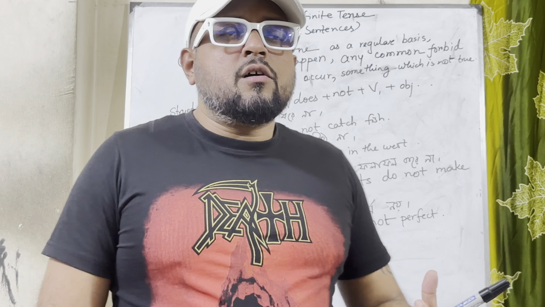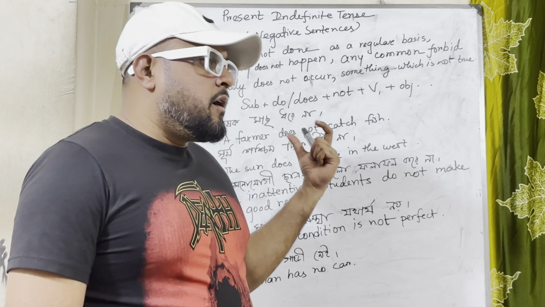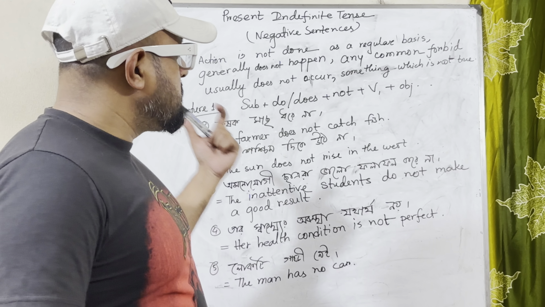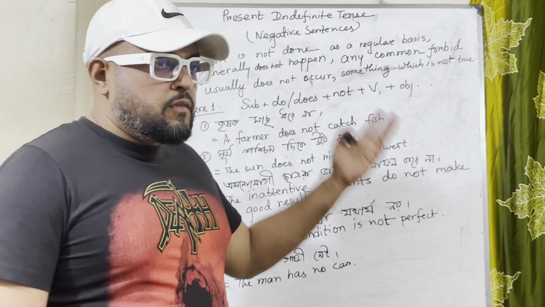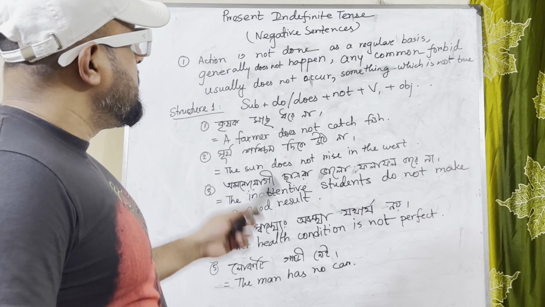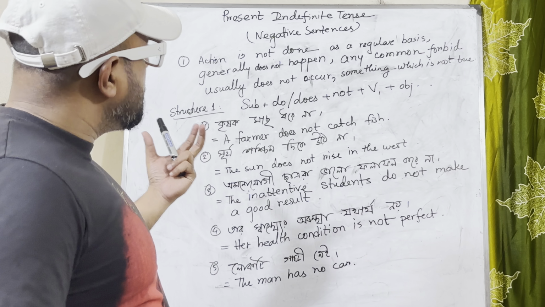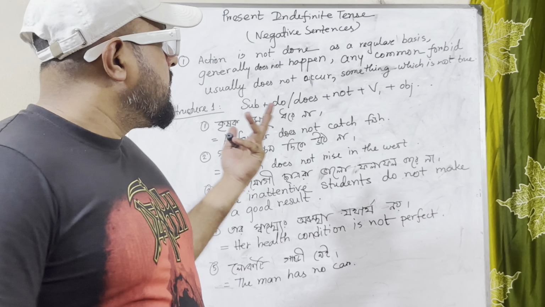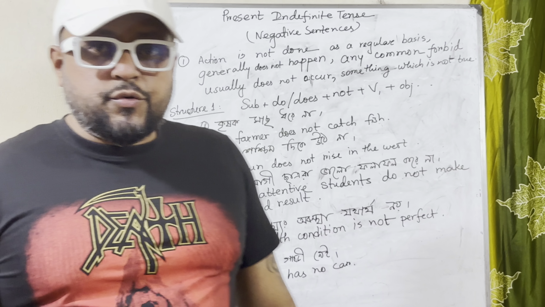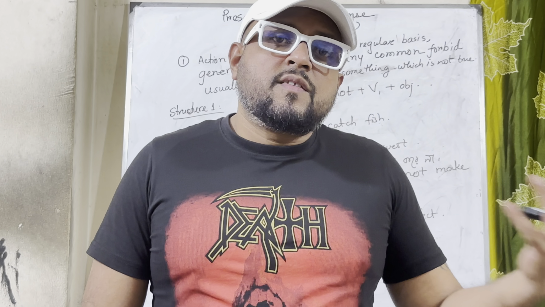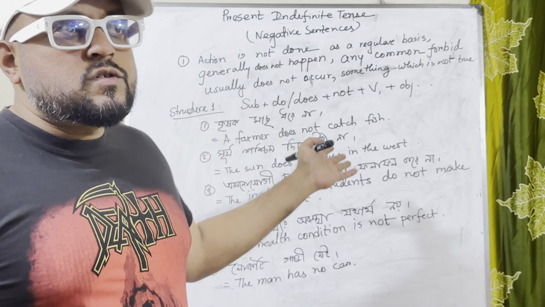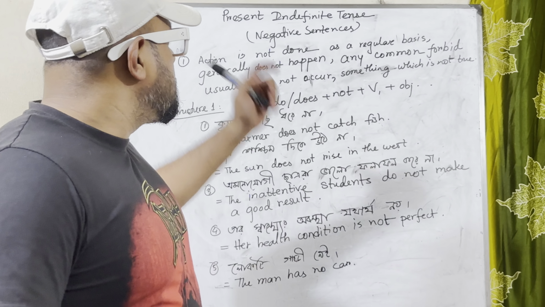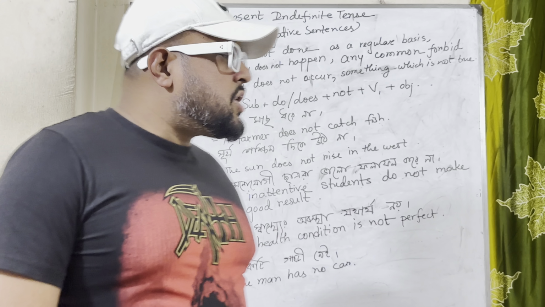So you can use the simple present tense to form this type of expressions. Any common forbidden or usually non-occurring activities, or something which is not true, you can express using this present indefinite tense negative structure,